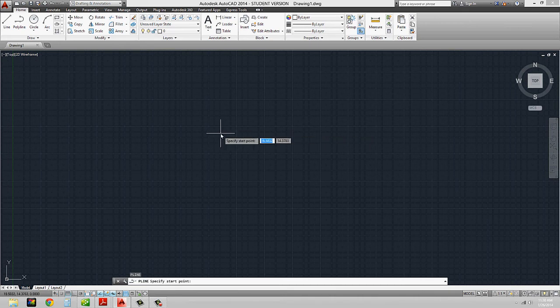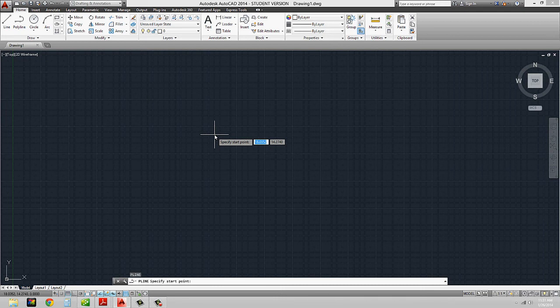It's asking me to specify my start point. Now, before I get into this, and we'll talk about templates in a second, for the latter part of the class, make sure, once you start to specify your points, that you're seeing feet and inches. If you note in my example, if you can see it, mine doesn't. So this is a system of the template, and again, we'll get into that later on.